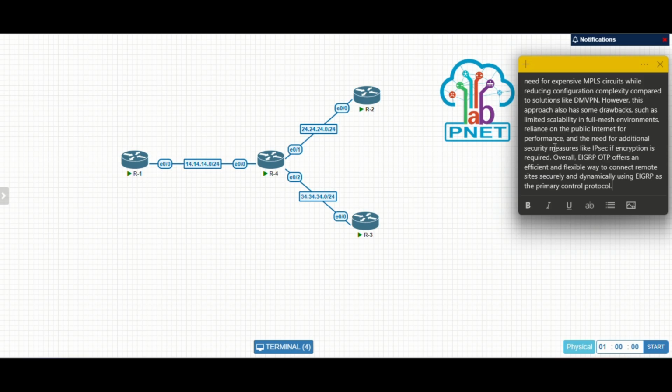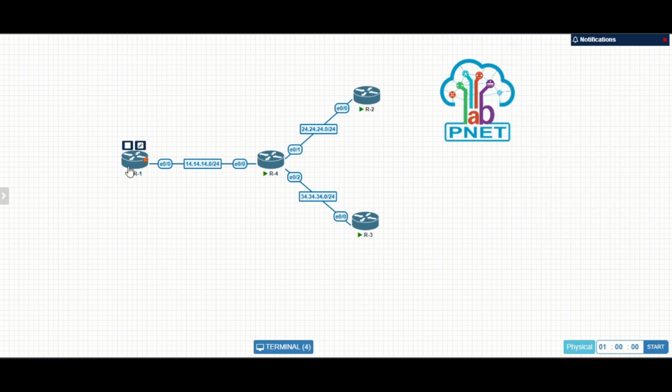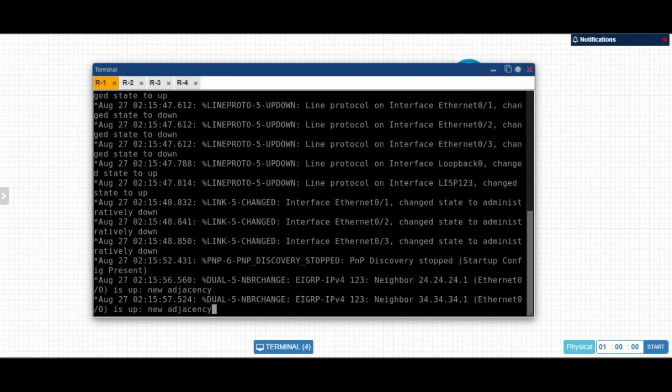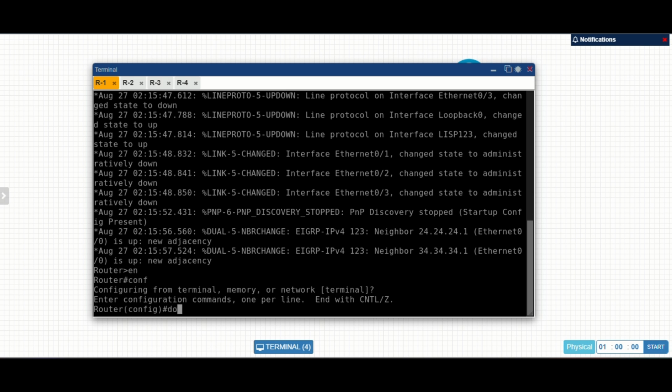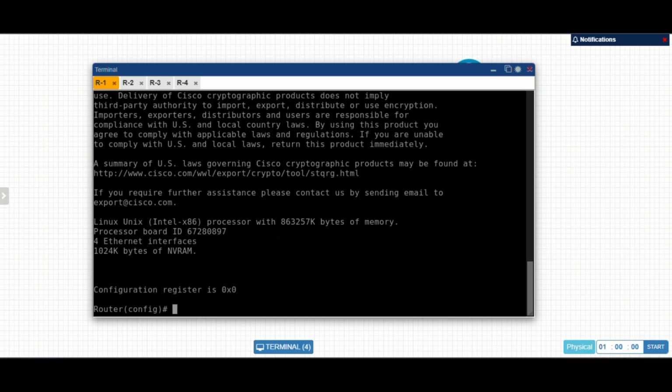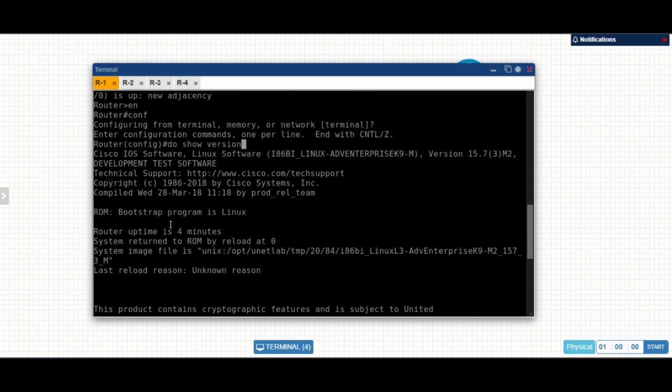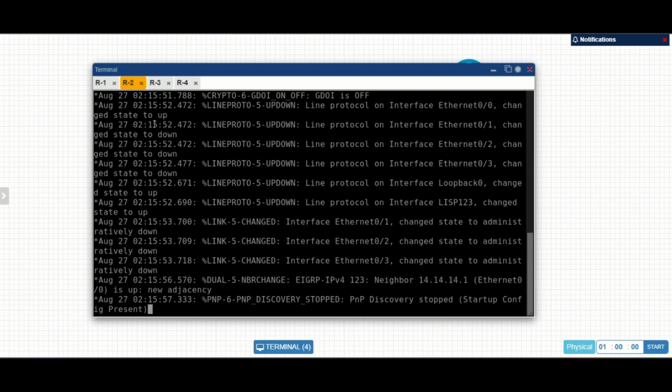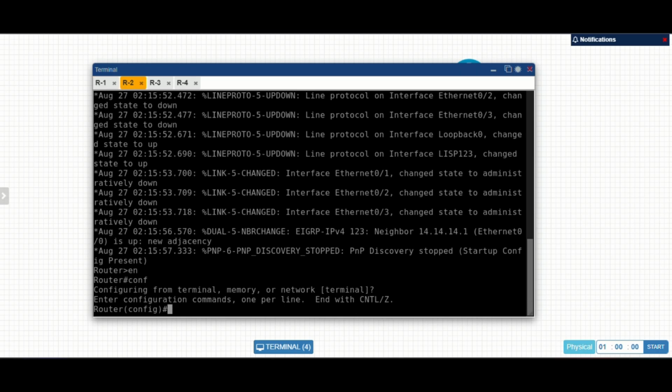And then we will go to the configuration. But before that, you should make sure the version of IOS is 15. Here, the version is 15.7. How about the router 2? Okay, do show version.